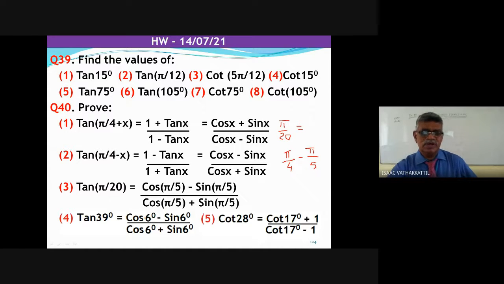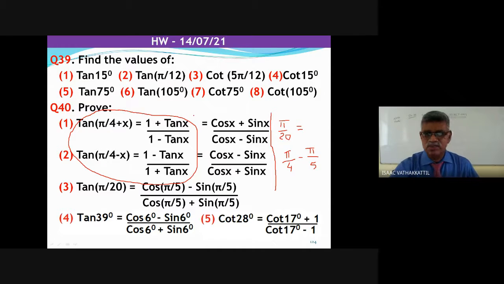So the same way as we have done earlier, pi by 20 we rewrite as pi by 4 minus pi by 5, and then you apply the tan alpha minus beta formula, or apply this formula tan of pi by 4 minus x. Tan of pi by 4 minus x and tan of pi by 4 plus x, we can apply as a formula anywhere, no problem. But the rest, you have to take care. Even 15 degrees and pi by 12 are not standard values given to you to remember, but in some fill in the blanks, etc., if required, you can use that.